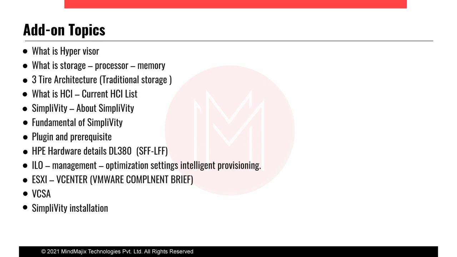If it is a three-tier architecture, if it is outdated, why is it not coming up for the newest three-tier architecture? That is also available. So instead of using the new three-tier architecture, why is HCI coming to the future? We'll teach about that HCI future for the Simplivity. Then we'll talk about how Simplivity came to the market, and after that